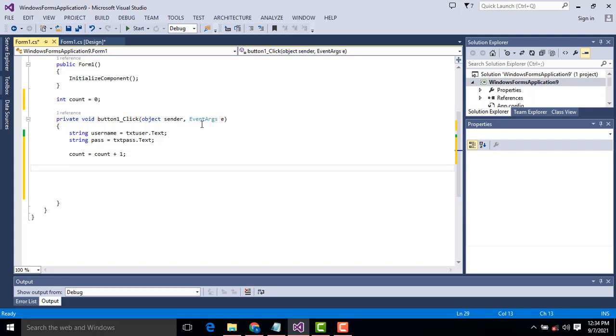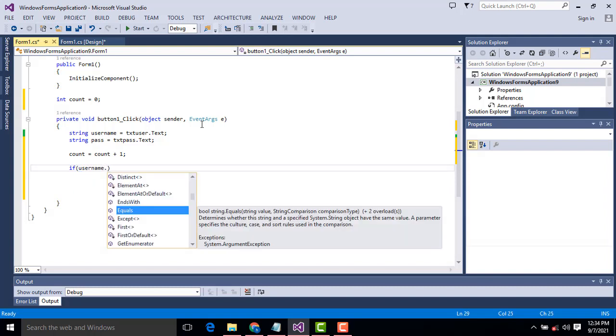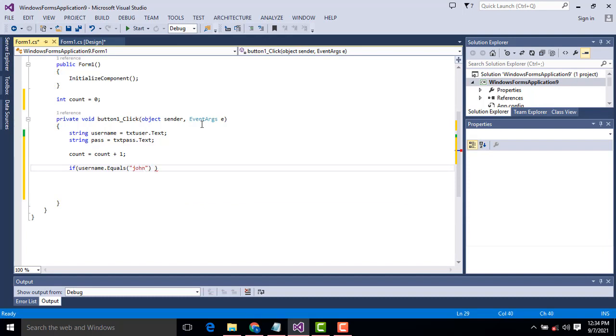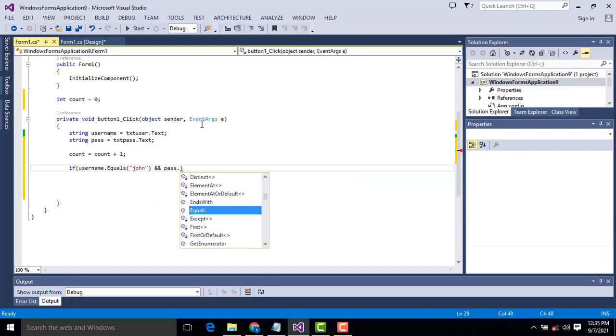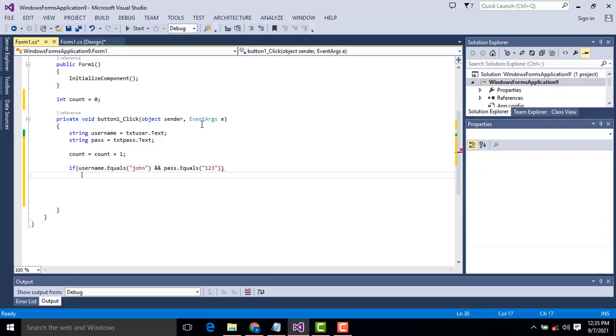Now here, if username dot equals, here we write John, and the password also we have to check. Password dot equals 123, sorry, 123. We check here the username and password.